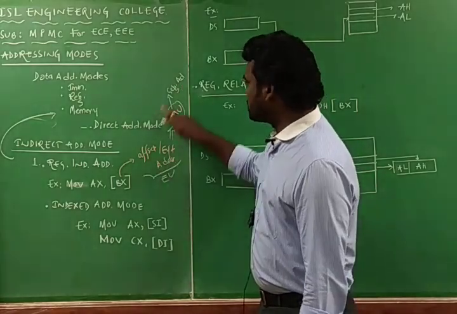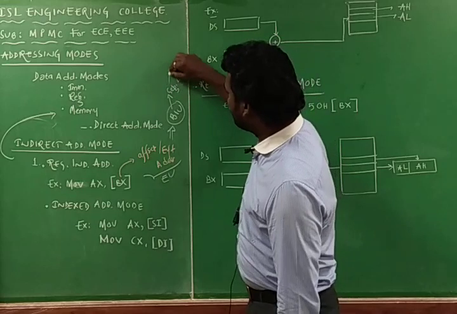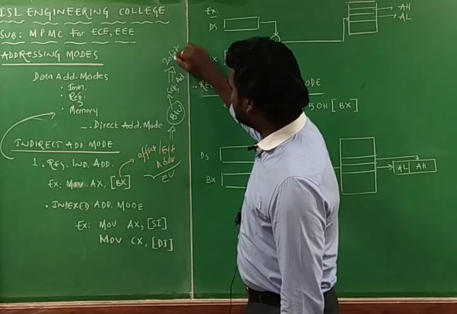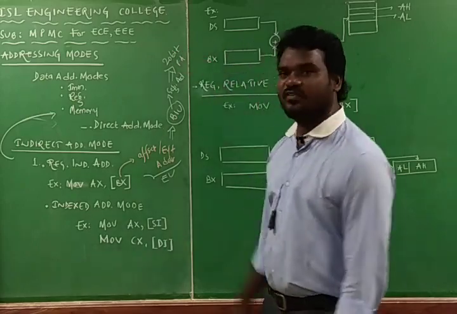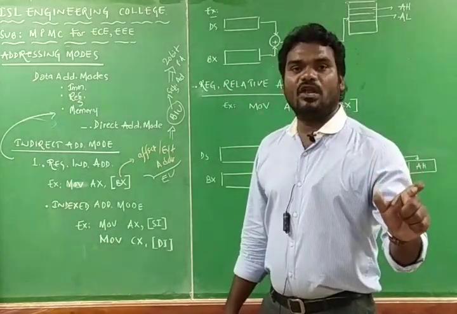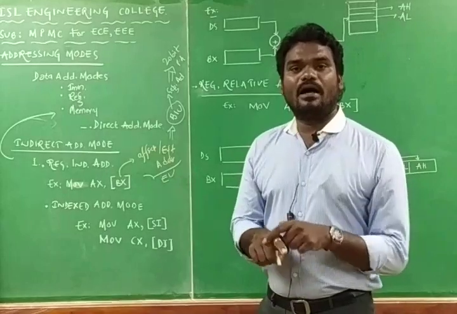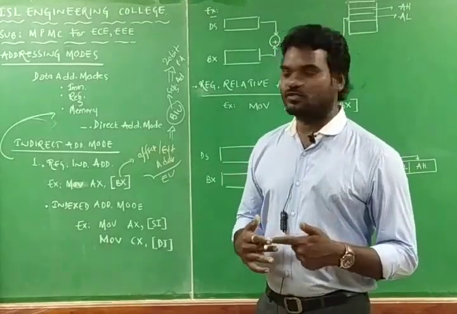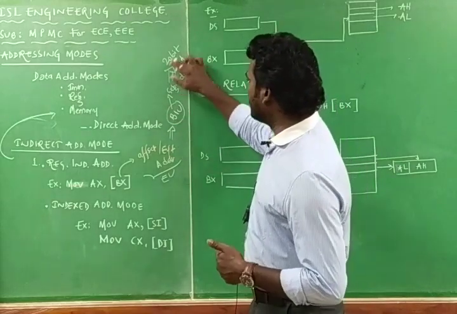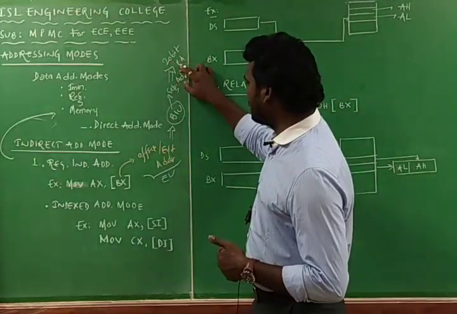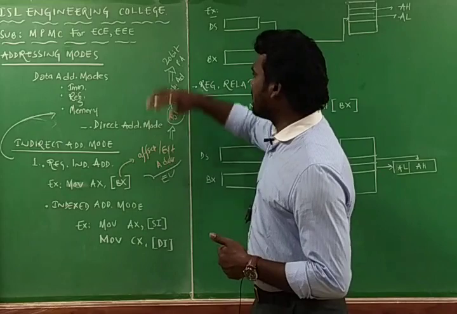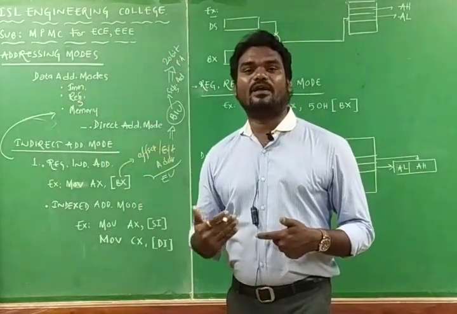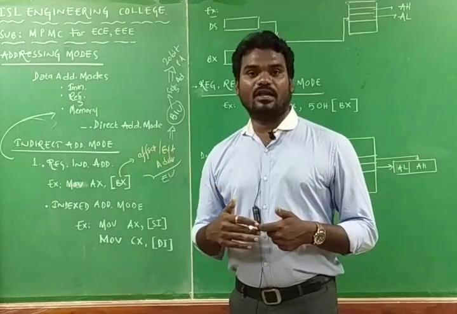Bus offset address plus segment address will give the 20-bit physical address, which specifies one particular memory location in the 1 megabyte of memory externally interfaced with the 8086 microprocessor. By knowing the 20-bit physical address, the microprocessor directly looks into that location so that it can access the operand which is there in that particular location.